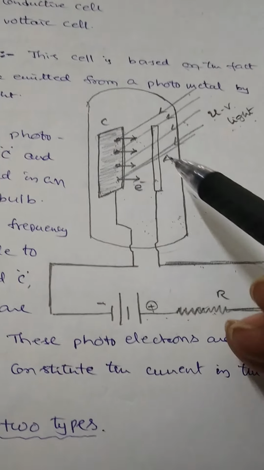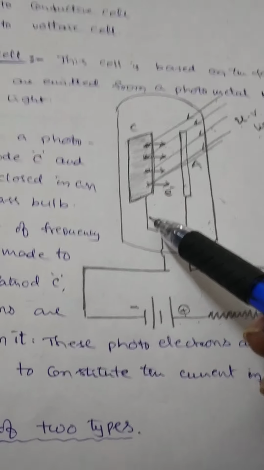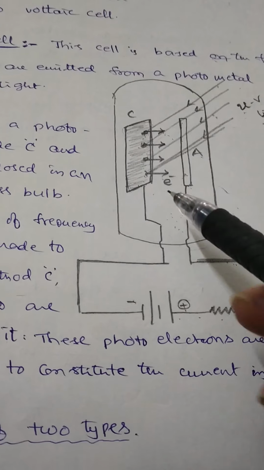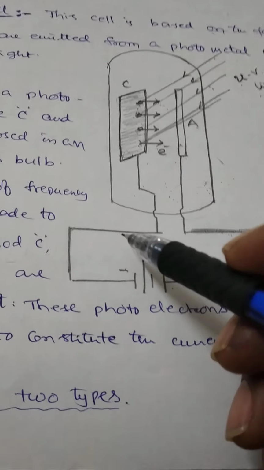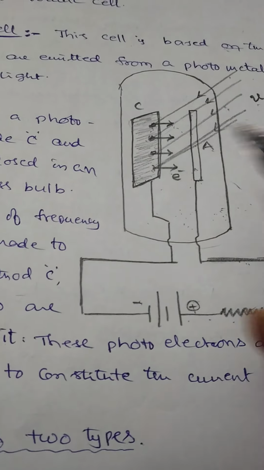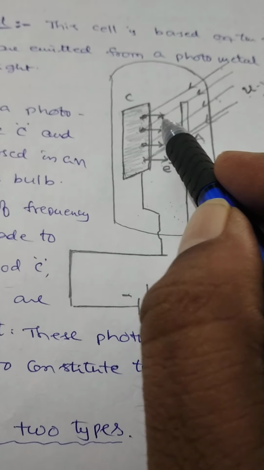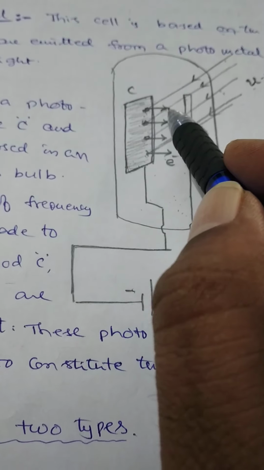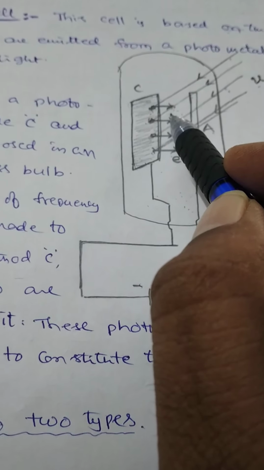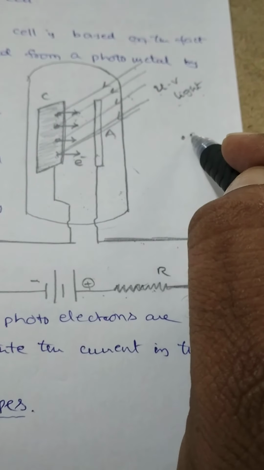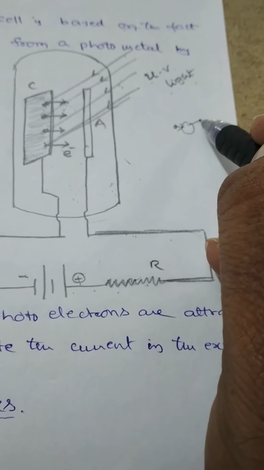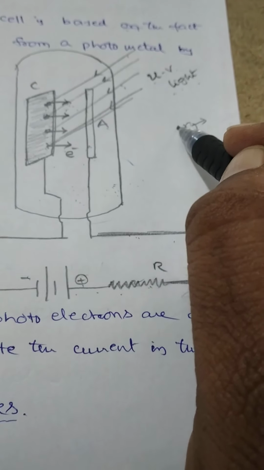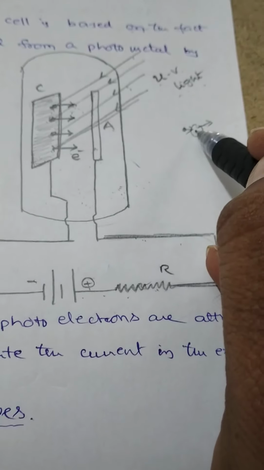But inside this glass bulb there is a medium. Some gaseous medium, inert gases, is introduced in between cathode and anode. Suppose the electrons coming out from the cathode interact with the gaseous atoms or gaseous molecules. When the electron collides with the gaseous atom, this may produce one more electron also. This is the given electron and this is the electron emitted from the atom.